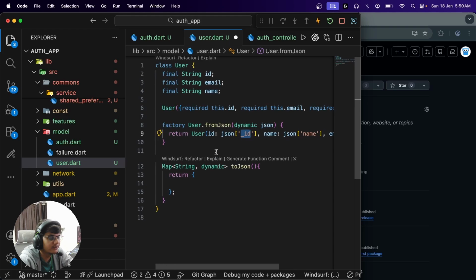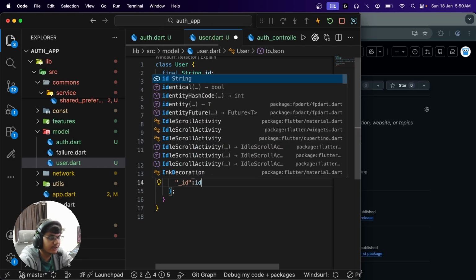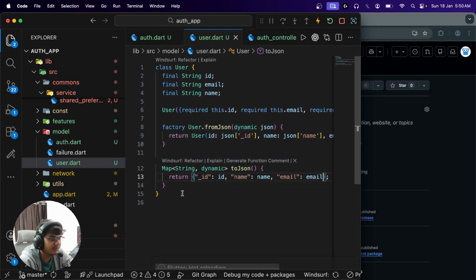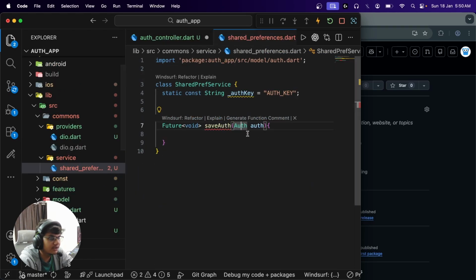We have an ID like so. We need to ensure that we save it in the same way, _id maps to id, and name maps to name, email maps to email. That's fine. You can close that, and in here what we can do is we can say